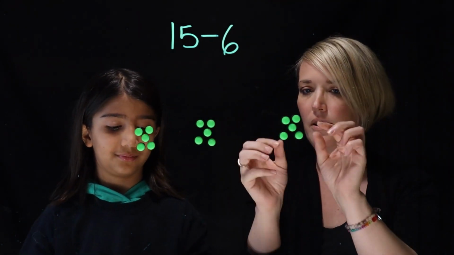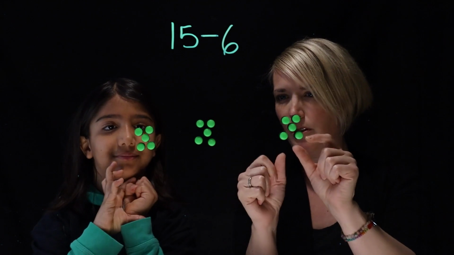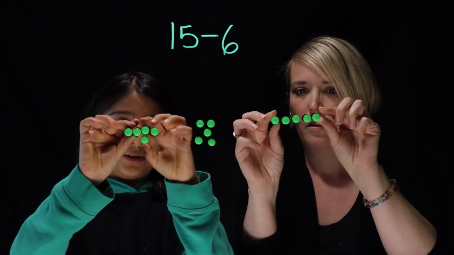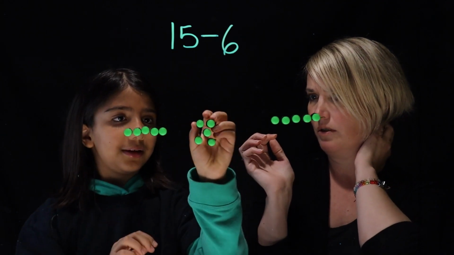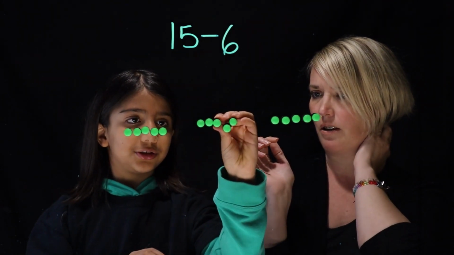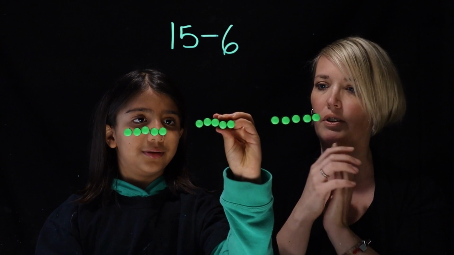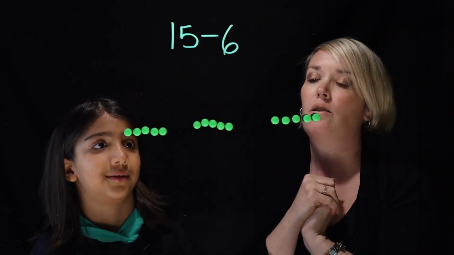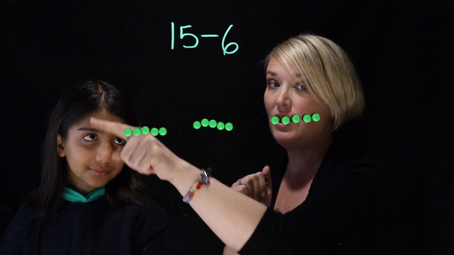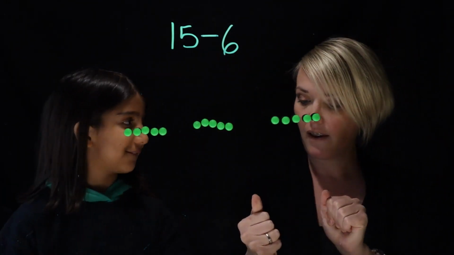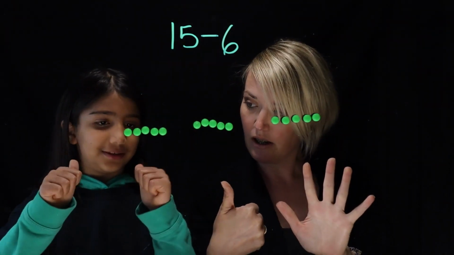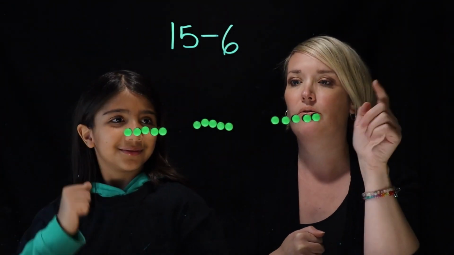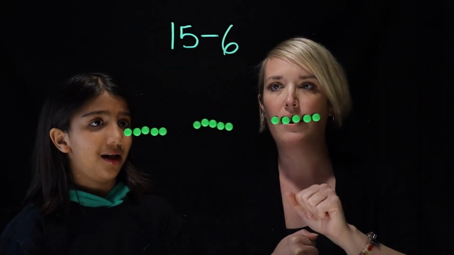Okay, I know you like to picture them like this, but can we put them in a line, Raha? Yeah. Okay, let's do that. Is there still going to be 15? Yeah, we're not taking any away. We're just moving them. Okay, perfect. So there's our 10, and there's our 5. Okay, so we're going to put 15 in our mind, and then we're going to make 6 on our fingers, right? 6 on our fingers. Okay, so 15 in our mind, and then we're going to go